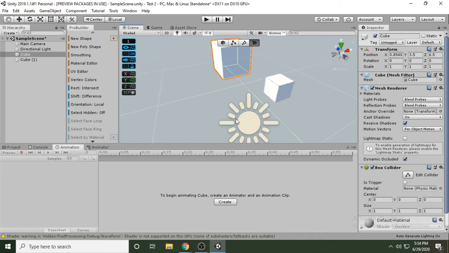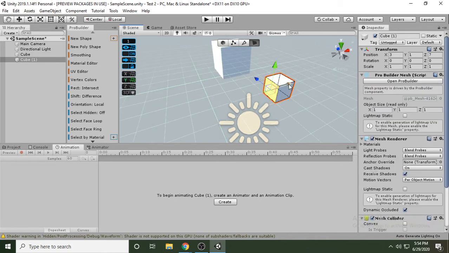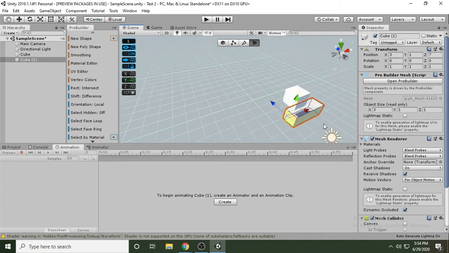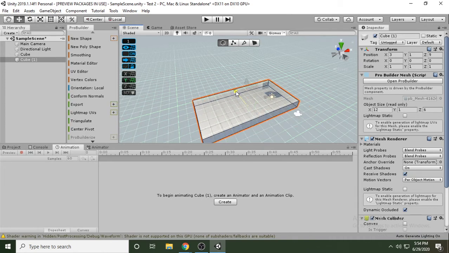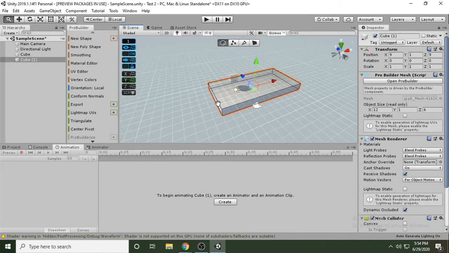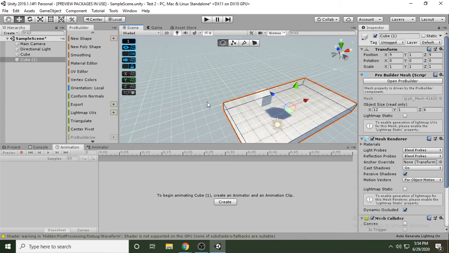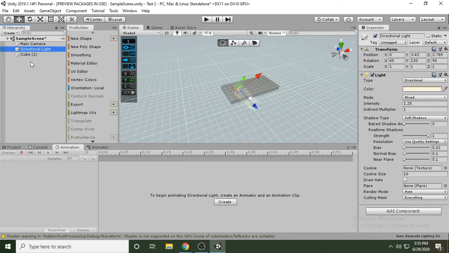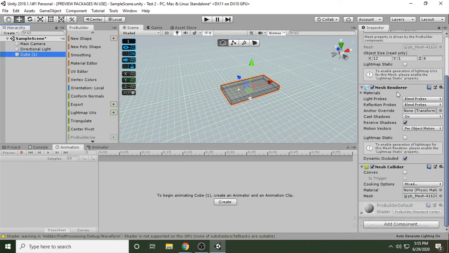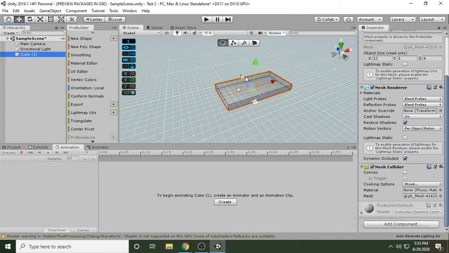So now let's pick the face selection, and let's zoom out, and we can make it like that long and this thick. So now, it doesn't really matter how thick you make it or anything. Actually, I'm gonna delete this cube just because I don't really like him that much. But you can see now that Mesh Renderer and Mesh Collider are automatically on this, but